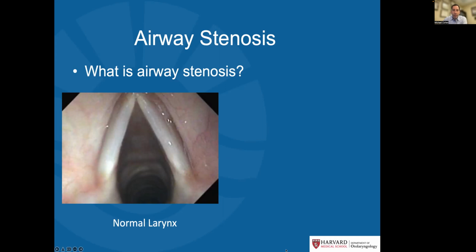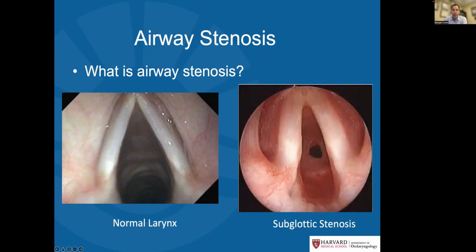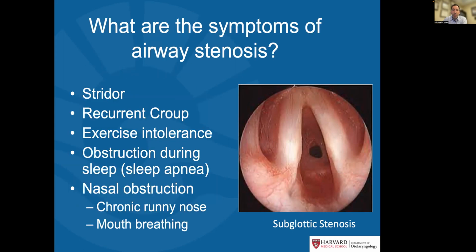And when we swallow or talk, the vocal cords come together. When swallowing, it's to protect the airway. When talking, it's to allow vibrations to occur across the vocal cord surface. But when we breathe, the vocal cords open wide so we can get a big breath of air through those vocal cords and down into the windpipe. Now, in someone with subglottic stenosis, the subglottis is the area below the vocal cords. You can see there is scar in this area, resulting in a very narrow area of the voice box right here. And that results in noisy breathing, difficulty breathing,